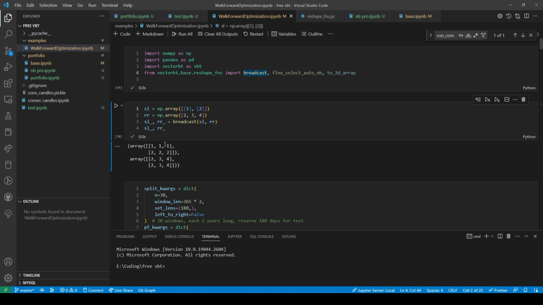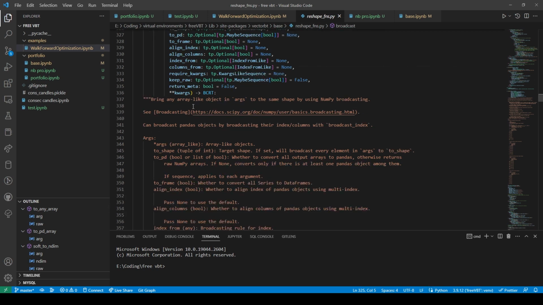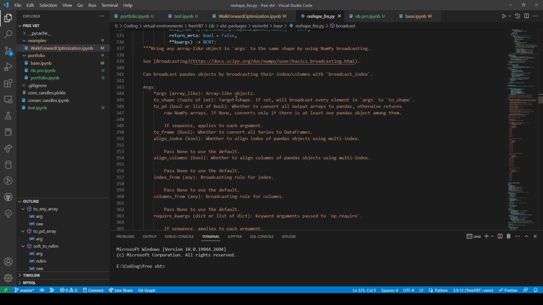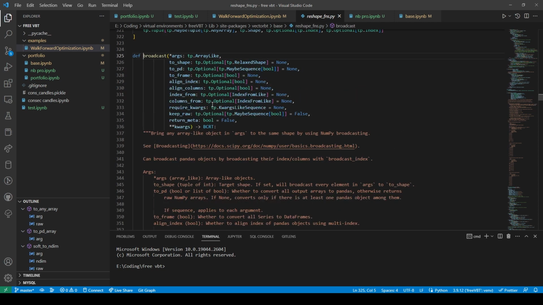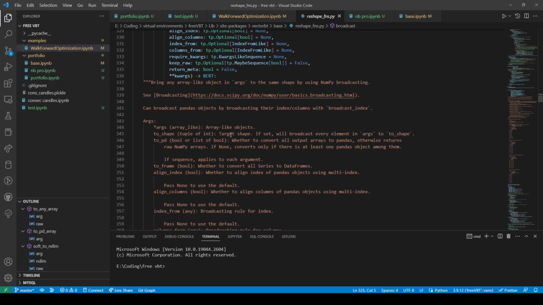There we go. But now the problem here, array-like object.